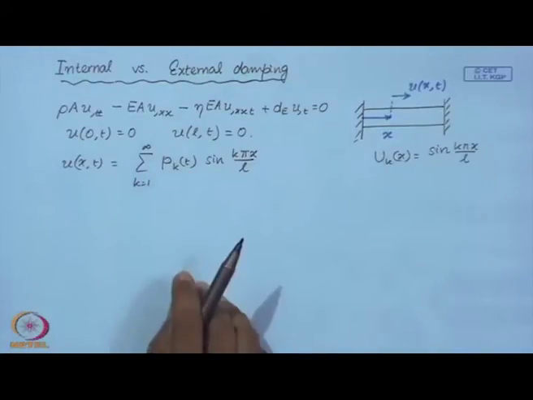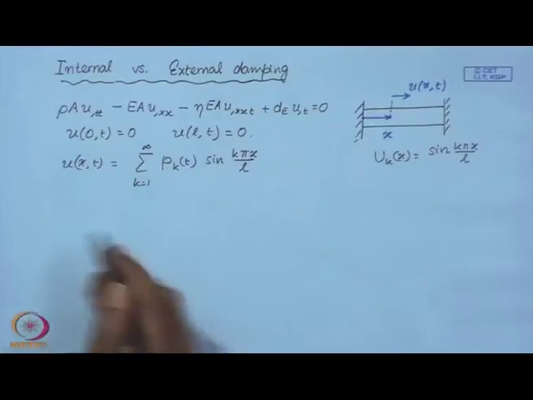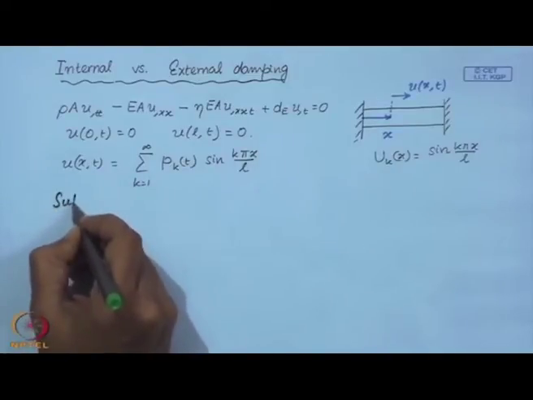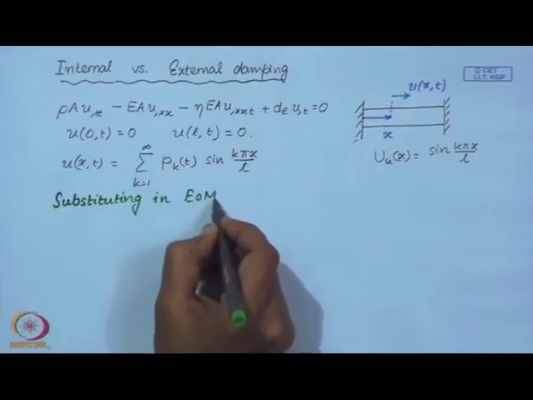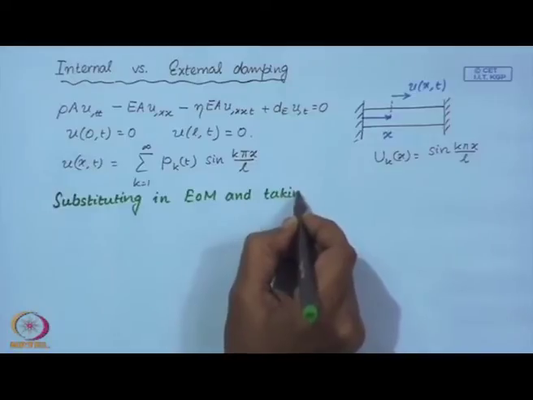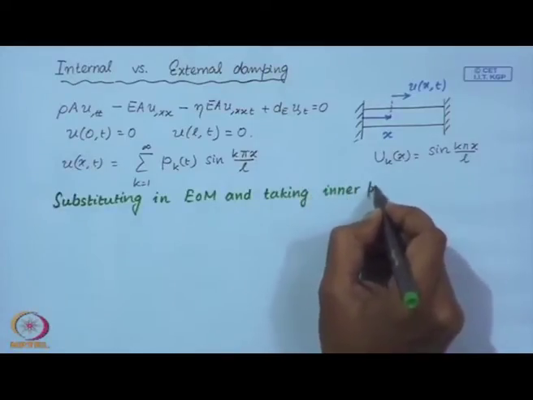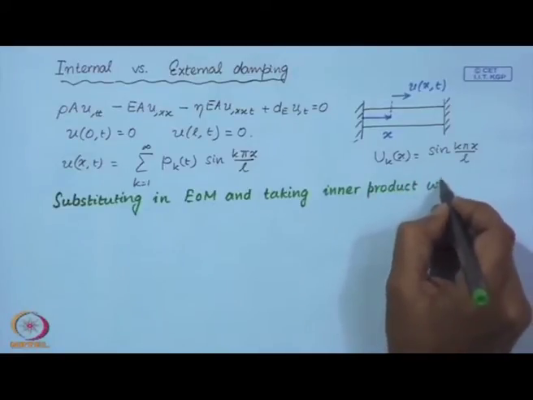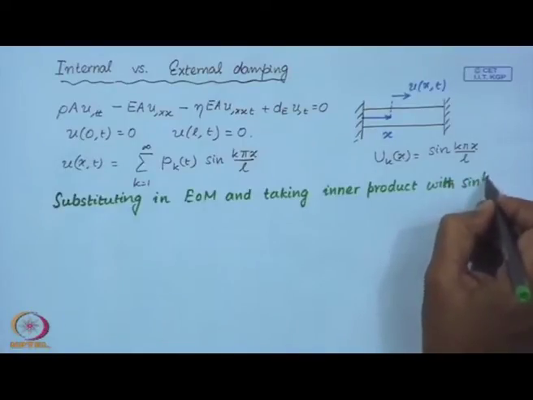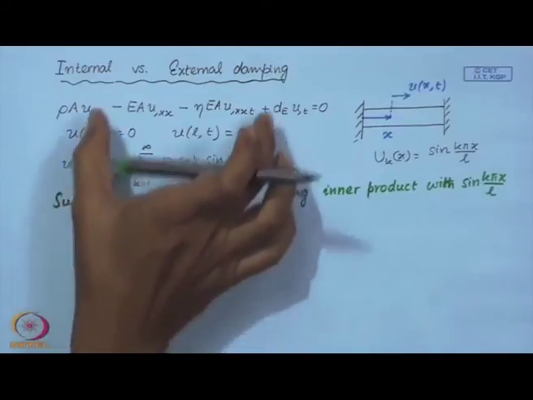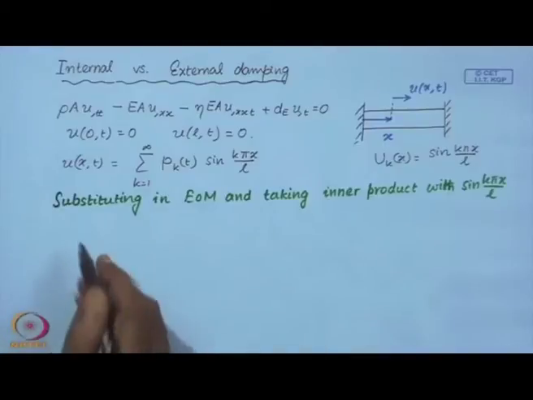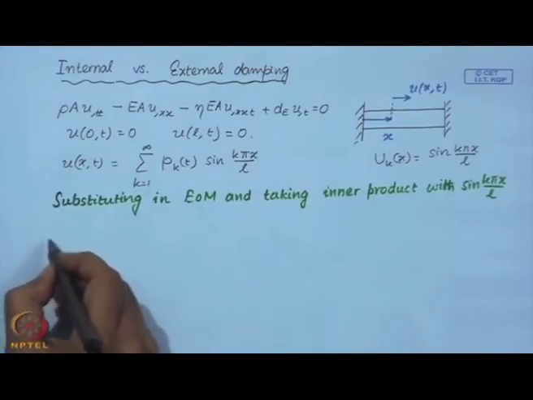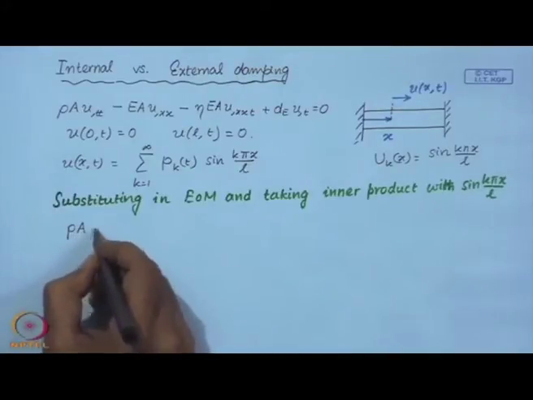So, when you substitute this expansion and take inner product, so we substitute this expansion in the solution and take inner product with sin(kπx/L), and that filters out the kth coefficient in the expansion. So, what we are going to get